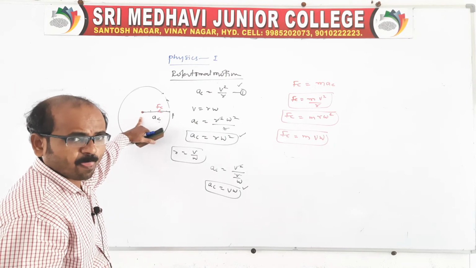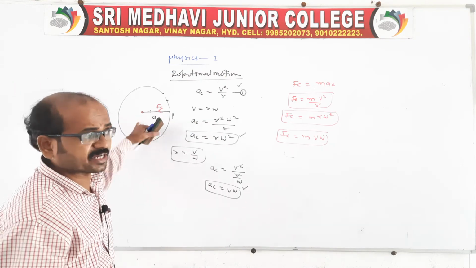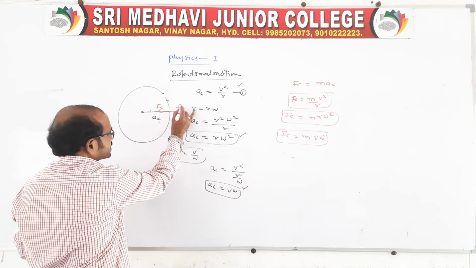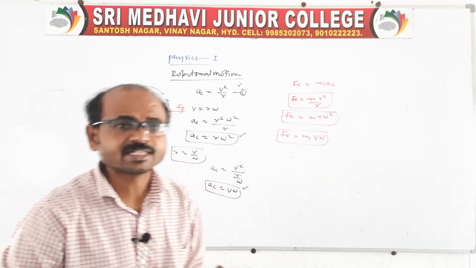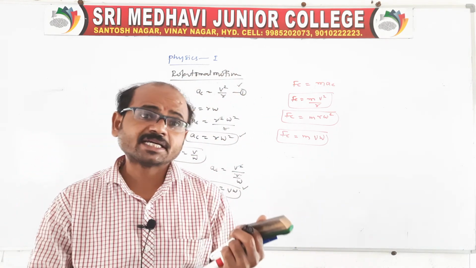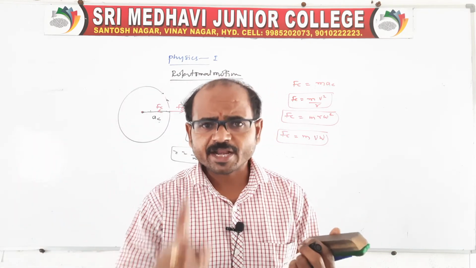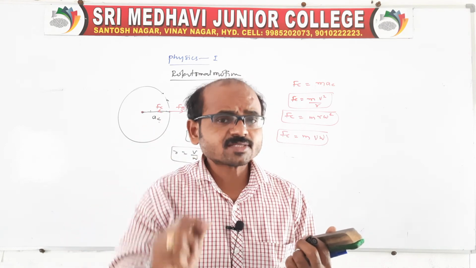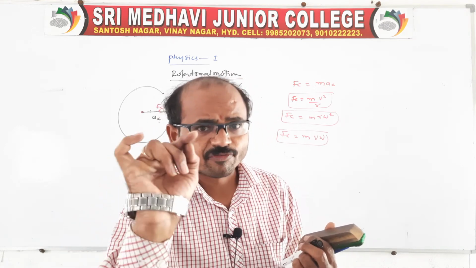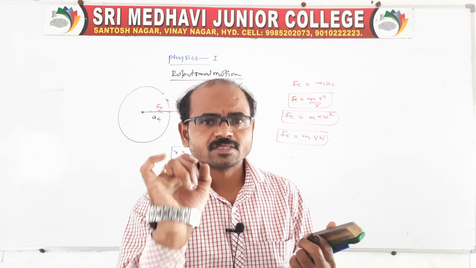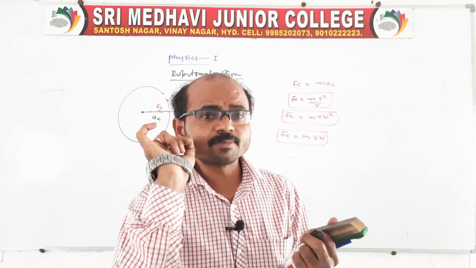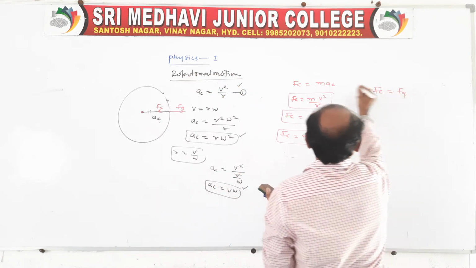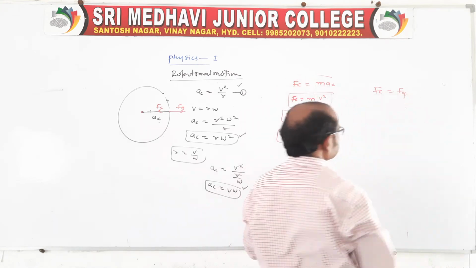And there is also centrifugal force. Centrifugal is nothing but the force which acts away from the center. It is a pseudo force, a false force that is introduced. If a particle is revolving in a circular orbit, one force is acting towards the center, and therefore another force also acts away from the center. It is a false force which we call centrifugal. Centrifugal is balanced by the centripetal force. Here we can take all these expressions equal to centrifugal.